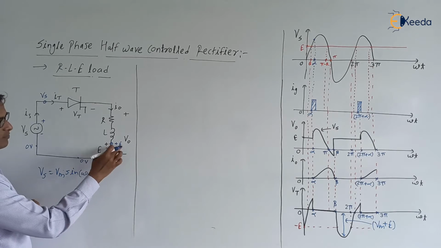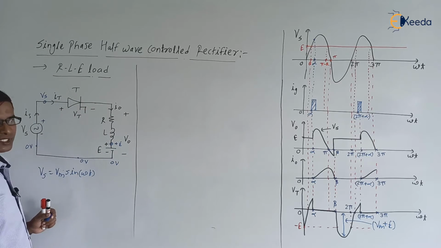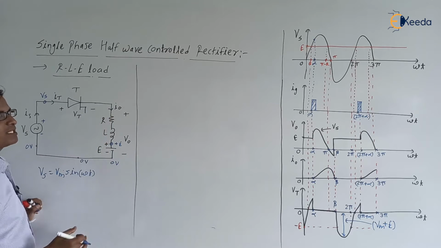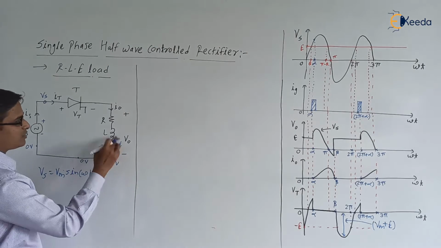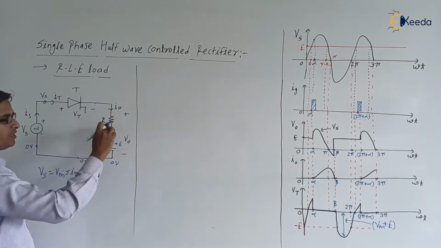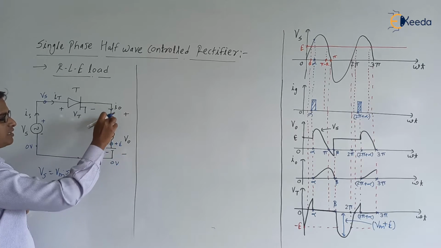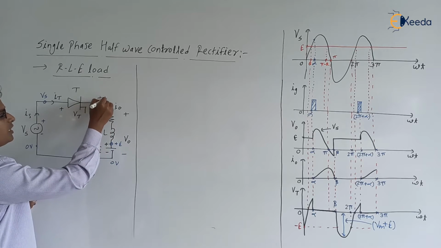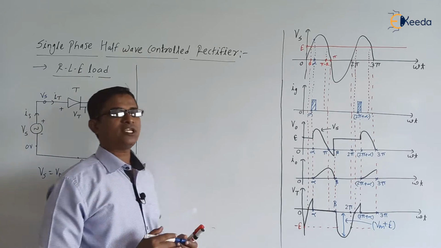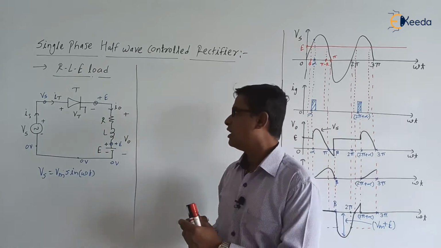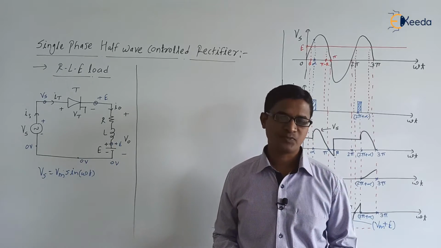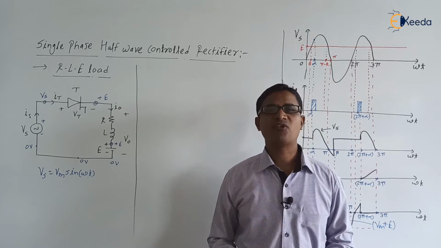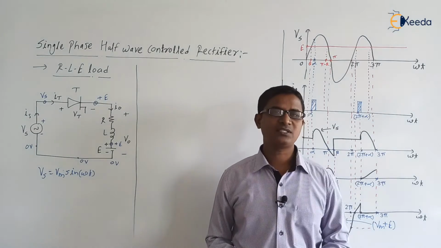Okay, next, if here it is plus E, as SCR is in the off state, current in the circuit is 0, so voltage across RL branch will be 0. Can we say that the potential difference across the RL branch is 0? Yes, this potential and the potential here should be the same. So this potential is E, and here plus E will appear. If you check, the potential at the anode of the SCR is Vs and potential at the cathode of SCR is E. If Vs is greater than E, our SCR will be in the forward bias mode. If Vs is less than E, our SCR will be in the reverse bias mode.